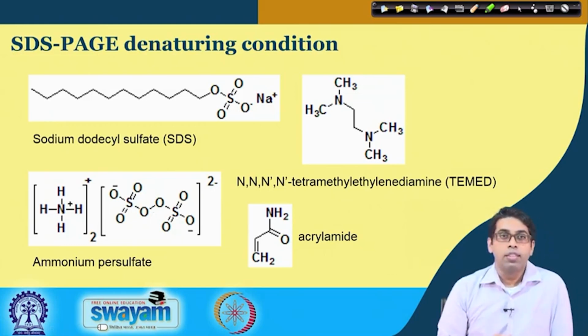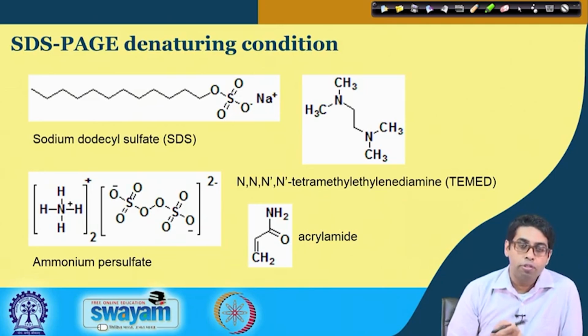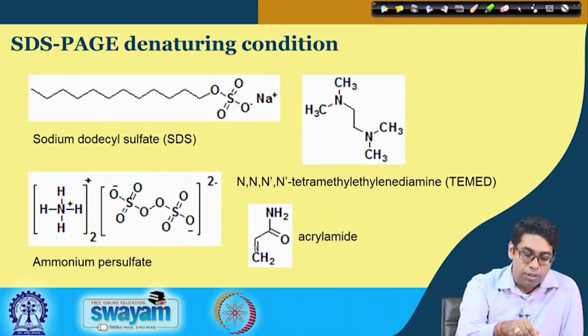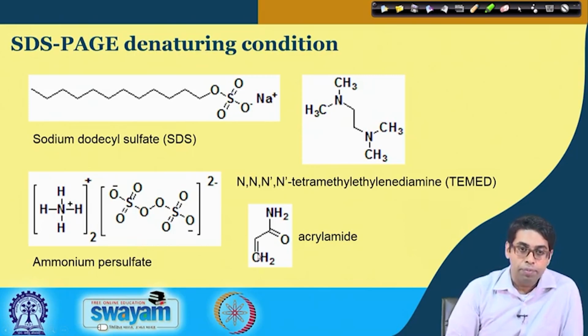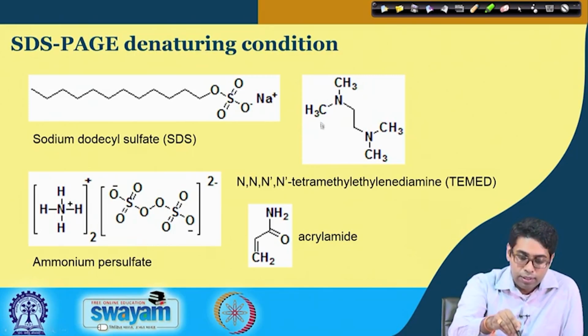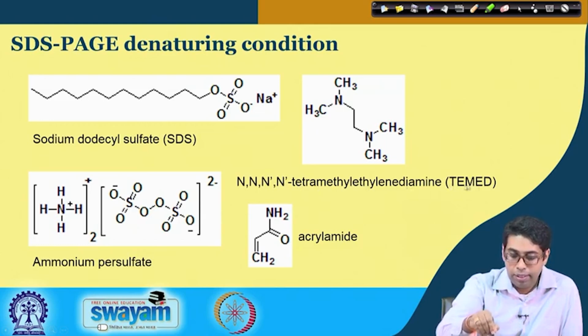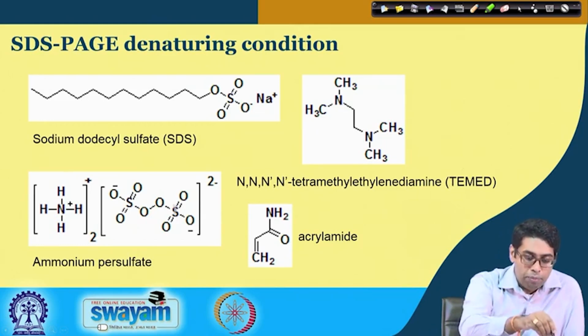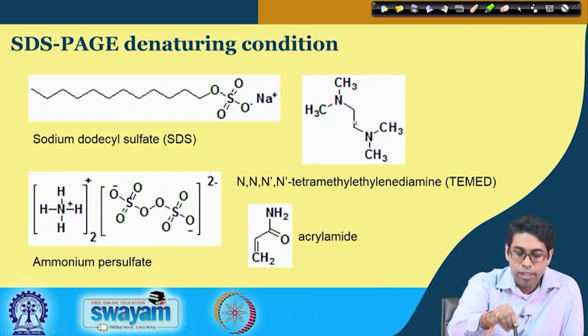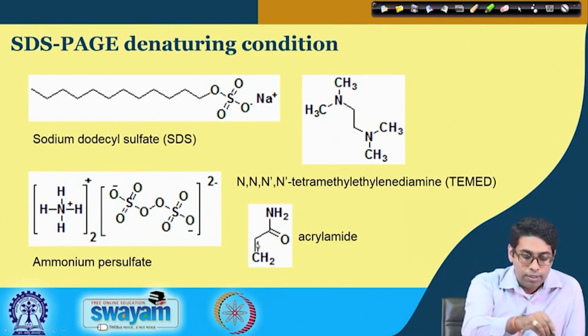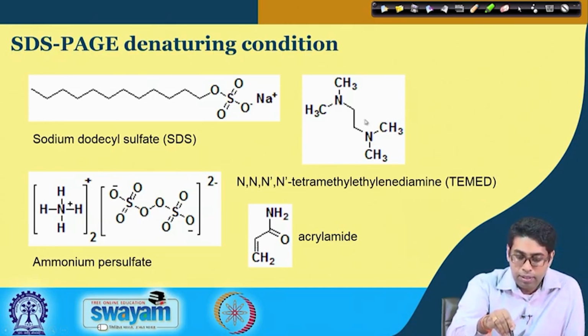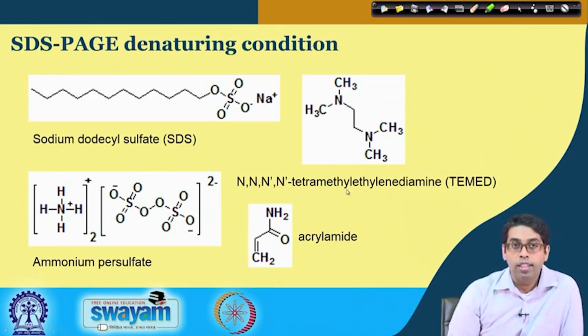But it turns out that the free radical formed by ammonium persulfate is not very efficient in producing free radicals on the acrylamide double bond. So, another compound is added, which is N,N,N',N'-tetramethylethylenediamine, or in short TEMED. Ammonium persulfate free radicals can easily generate free radicals on the TEMED, and these are very efficient in starting the polymerization of the acrylamide. So, this is the catalyst, this TEMED is the initiator, and together they start polymerization of